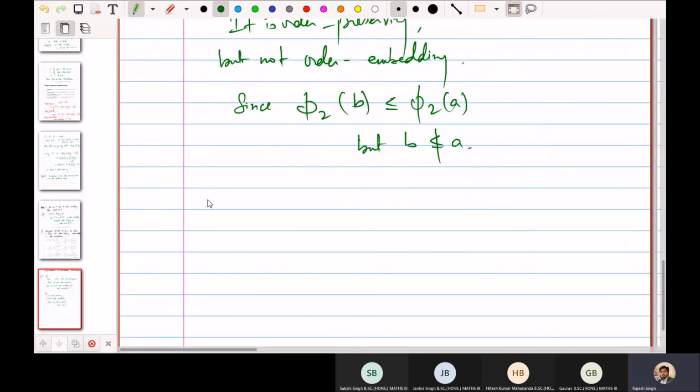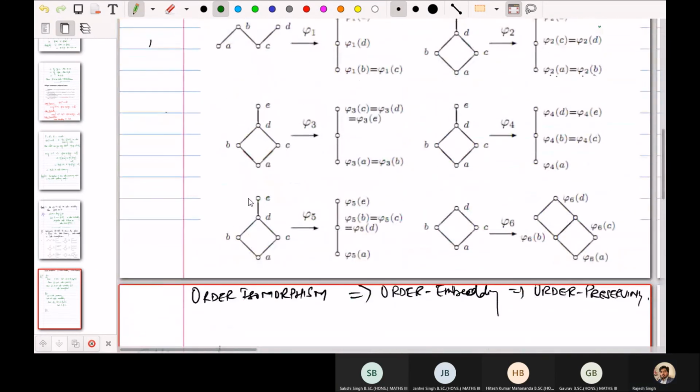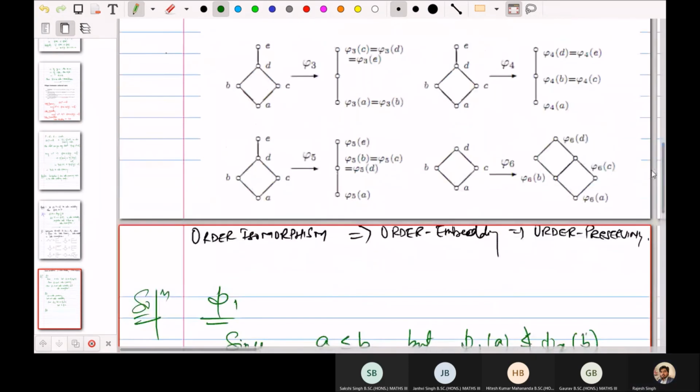Then phi 3. Yes, बताओ phi 3 में बताओ. Sir, it's again order preserving but not order embedding. अगर यहाँ पे इक्वालिटी नहीं है तो यहाँ पे भी इक्वालिटी नहीं होनी चाहिए. अगर यहाँ पे इक्वालिटी हो गई दैट मींस इट इज नॉट ऑर्डर प्रिजर्विंग. ठीक है, अगर यहाँ पे कवर कर रहा है तो यहाँ पे भी कवर करना चाहिए क्योंकि सेम रीजन हो जाएगा. phi 3B is related to phi 3A, but B is not related to A. Again here also, because there is equality, here it is not, they are not equal, so again this is only order preserving, and same in this case because equality is there. ठीक है, what about this?